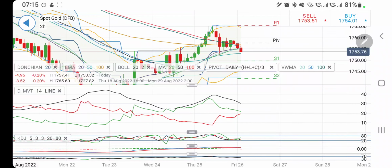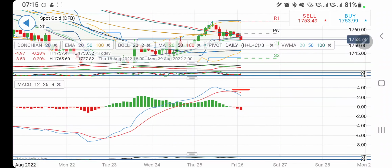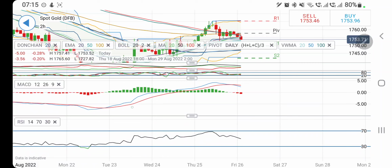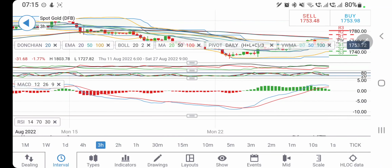Directional movement is bullish. It is willing to converge crossover. Stochastic is looking downwards. Also remember the MACD has just crossed over and it is just 3 candles apart. It is diverging, indicating more bearishness in the following candles. RSI is looking downwards,